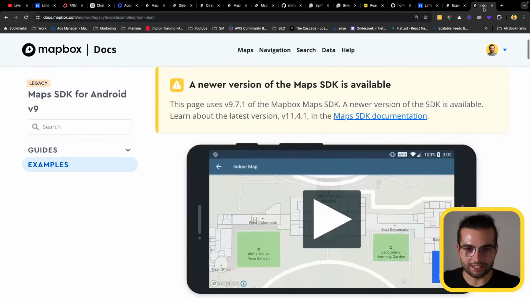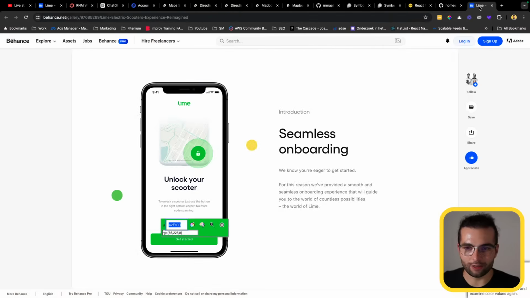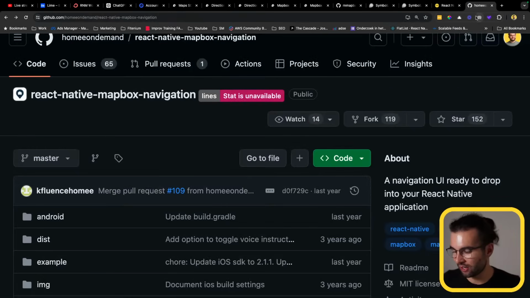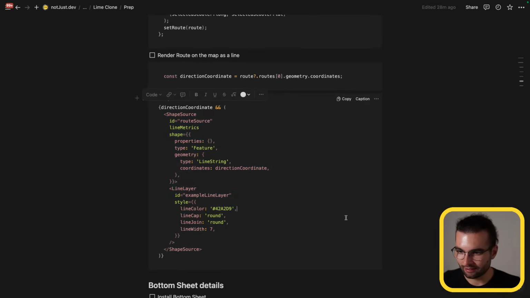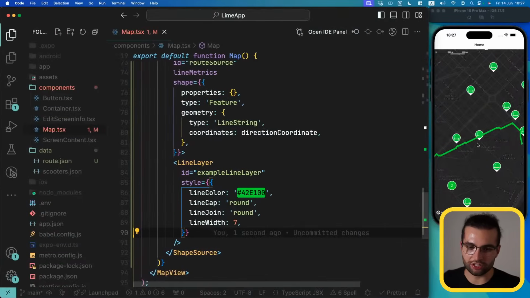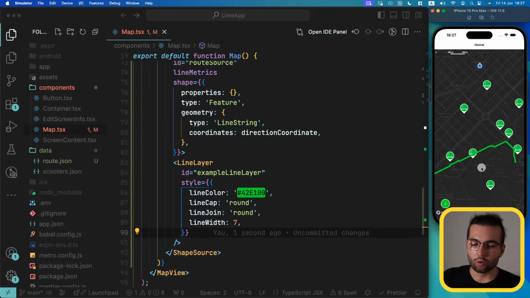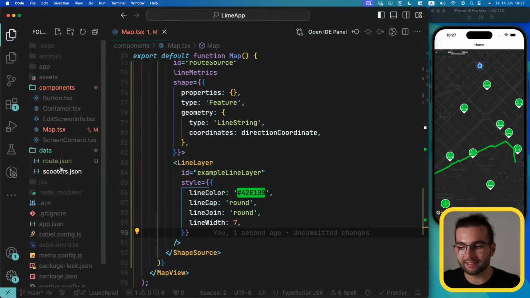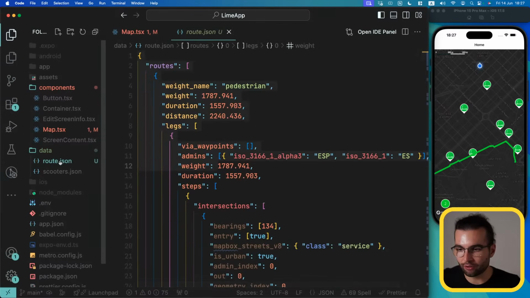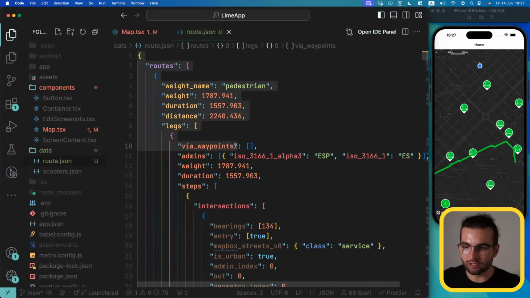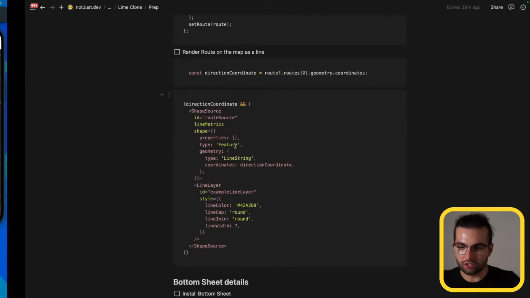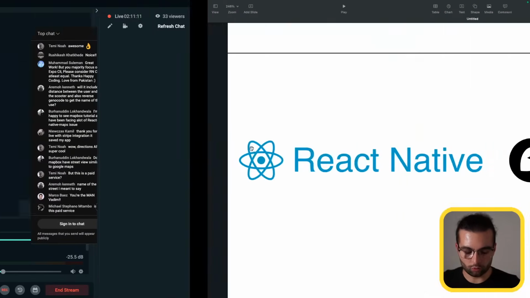Okay, let me close some tabs because I have too many things opened. And remind me what I was doing there. Yeah, we have basic navigation just to draw a line based on a static file. The next step is going to be to fetch this data from the API and render it here. It's quite simple because right now we have a route.json which has the response, but to get this response we simply have to send